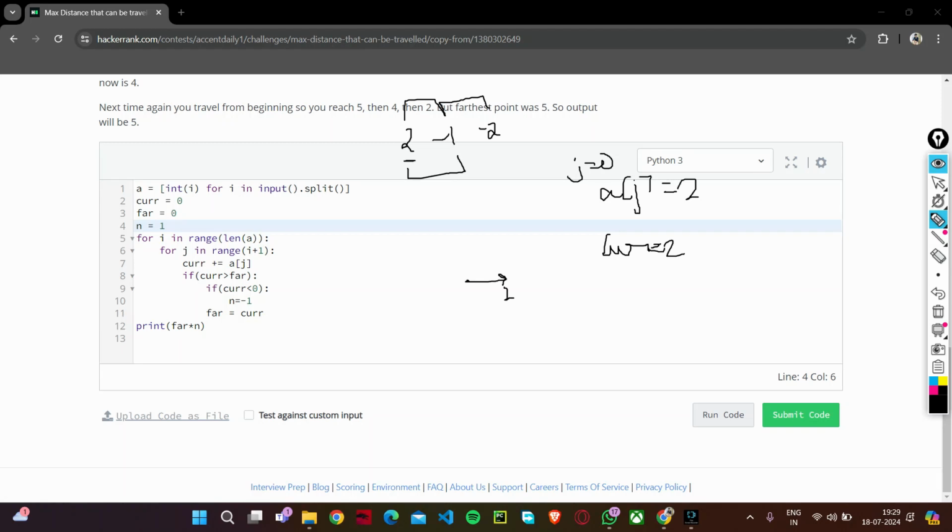And now in the second iteration, which means i equal to 1 and j travels from 0 to 1. Now j equal to 1, the current equal to 4, because it traveled 2 units from the current point. And again we will compare the current element with the farthest element, and we'll update the farthest element. Likewise, we will run the 3 traversals and check for the whole array. But